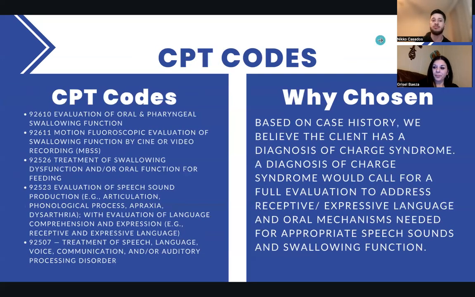So with the little information we do have, the CPT codes that we felt were appropriate were 92610, which is evaluation of oral and pharyngeal swallowing function, 92611, which is the MBS, motion fluoroscopic evaluation of swallowing function, 92526, which is the treatment of swallowing dysfunction and or oral function for feeding,